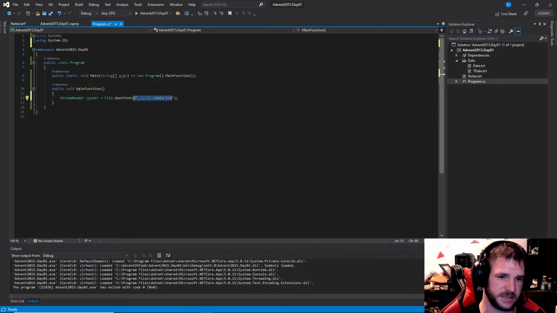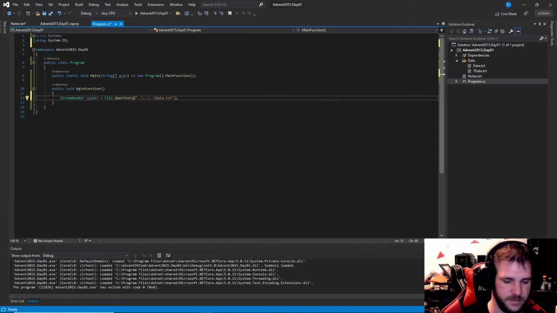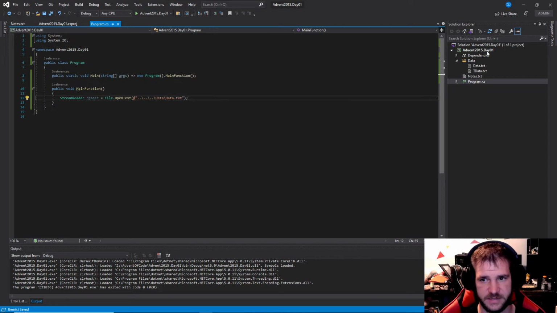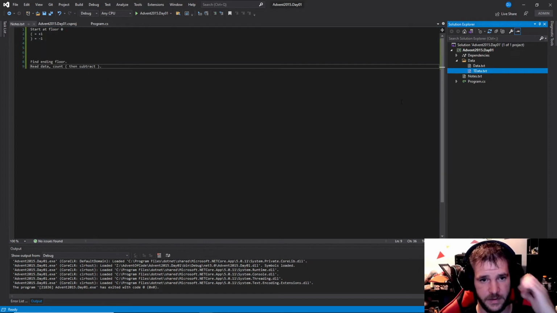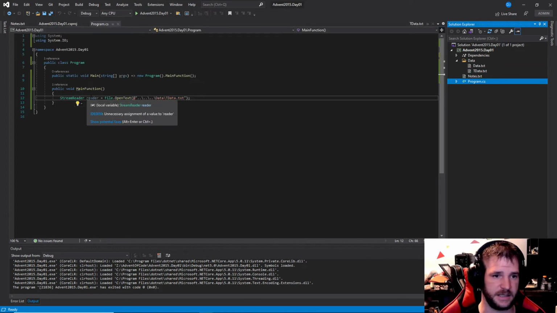Okay, so this is going to read the data from this file. No, it's not. It's going to read data from there. From this file. We want test data first though. Okay, so it's going to read the test data. All right, and then it's going to assign it to this StreamReader